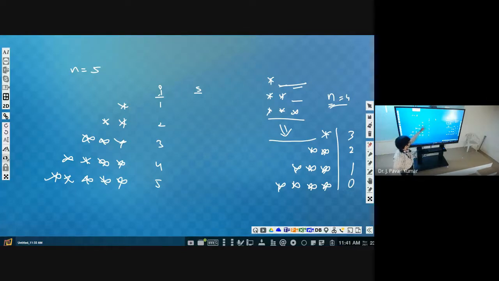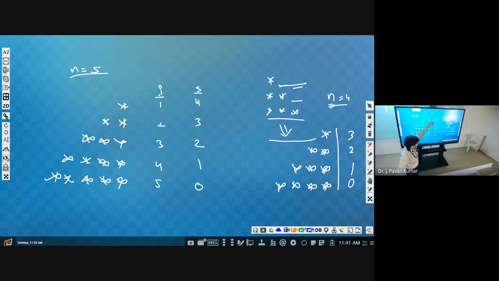Now, how many spaces we are having in the first row? 4. Here 3, 2, 1, 0. If you have n value as 5, we are starting from 4. If n value is n, then n minus 1.